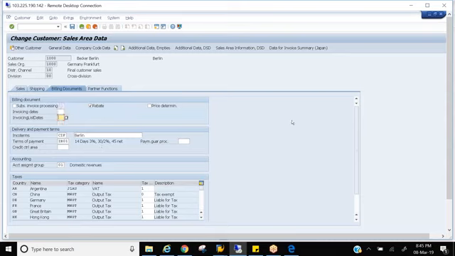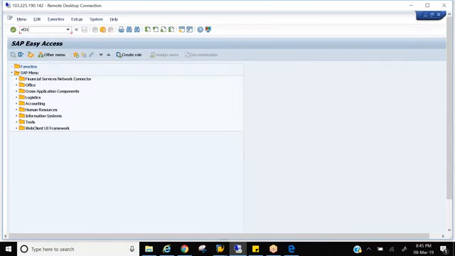Invoicing list dates, consolidating. See, you may have multiple invoices for a payer. So consolidating all the invoices, creating them as one, and sending it to the payer will be done by the invoicing list dates. VF21 or VF24 is the transaction. VF21, I guess.